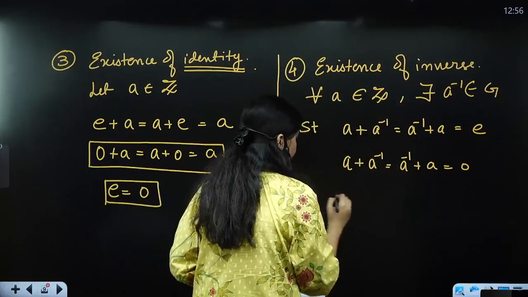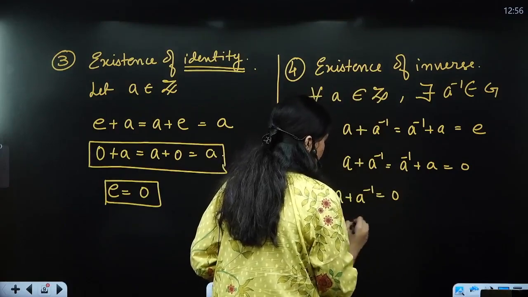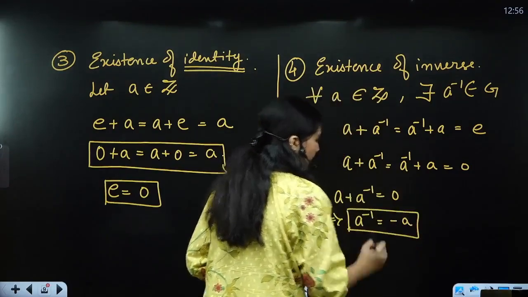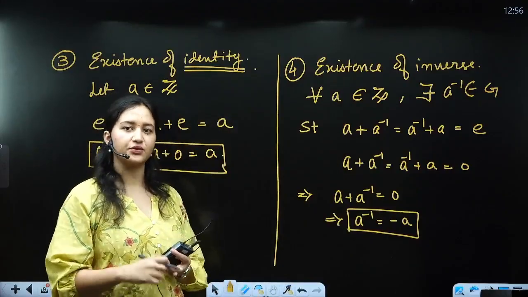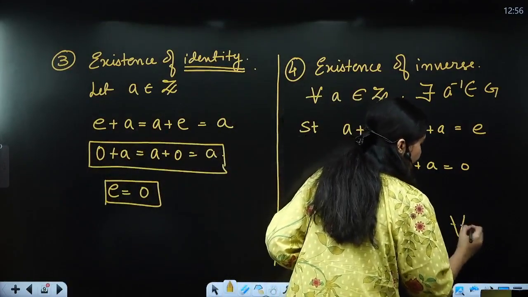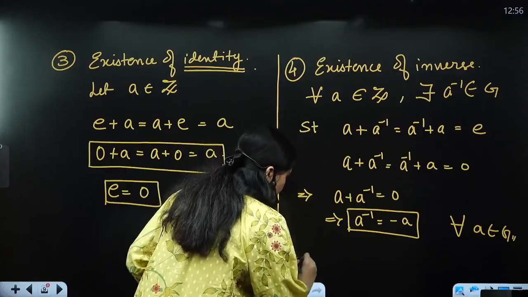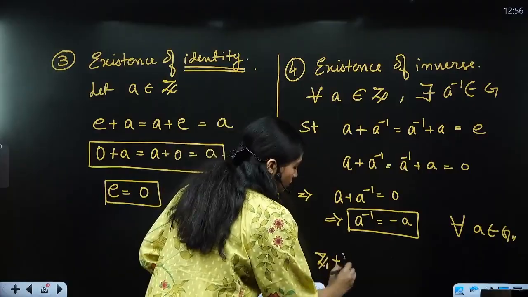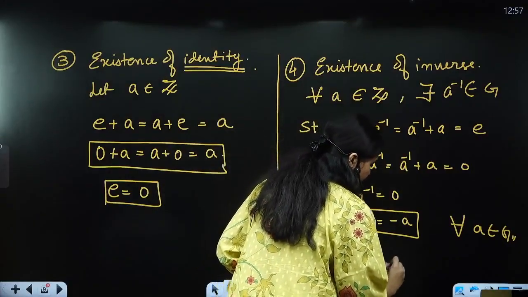So if a plus a inverse equals 0, this implies that a inverse is nothing but minus of a, and which is a valid value. So for each a, you are going to have an inverse that is going to be minus of a, right? So this is true for all a belongs to Z. Clear? So this implies that Z, the set of integers along with addition, forms a group,